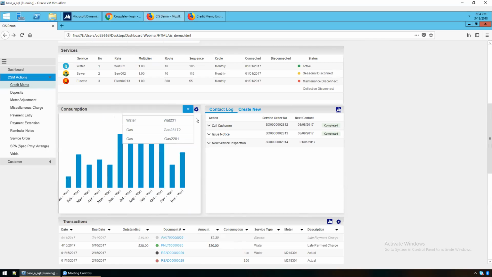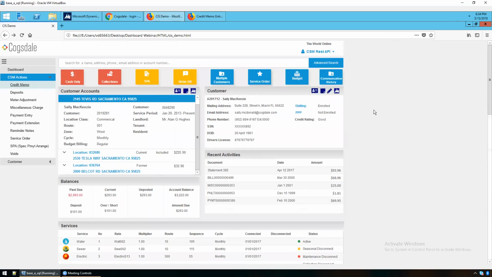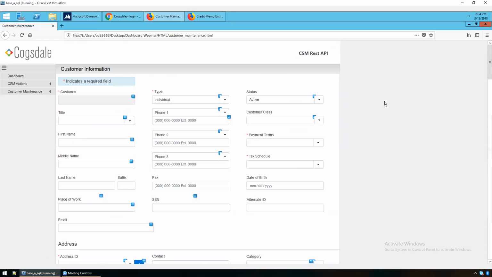So the next pieces are customer maintenance. Mostly on the dashboard right now, it's the presentation of information. So what we're looking to take this to is the ability to change information. One of the pieces is if a customer calls and does a change of address. If we just want to be able to edit their address, right now we'd have to go to CSM. But to bring that functionality over to the dashboard, we're looking for